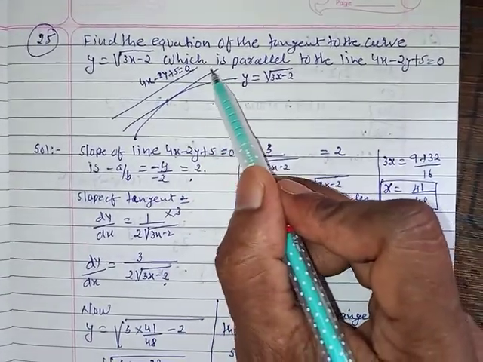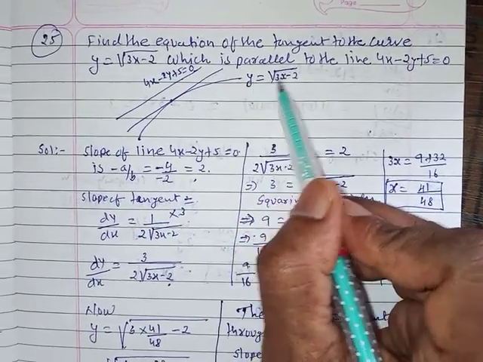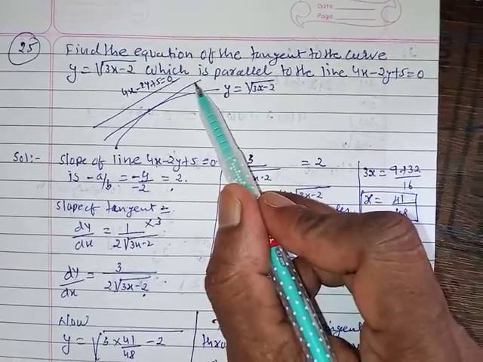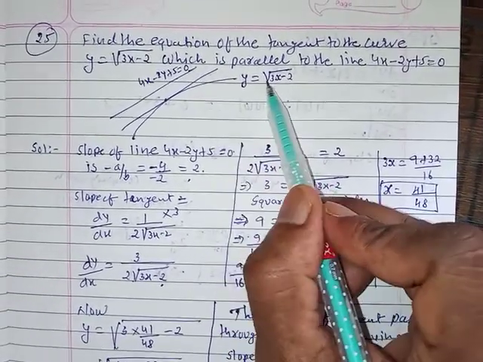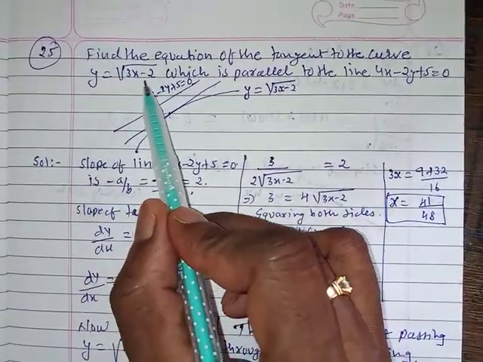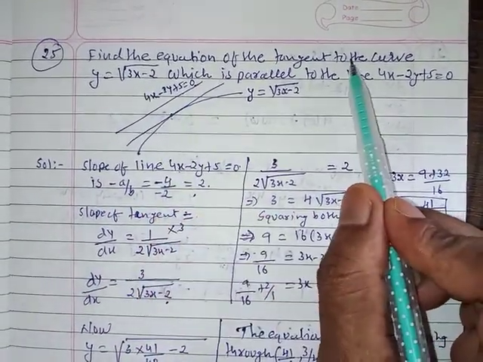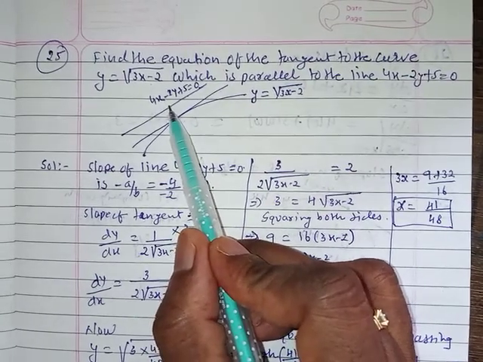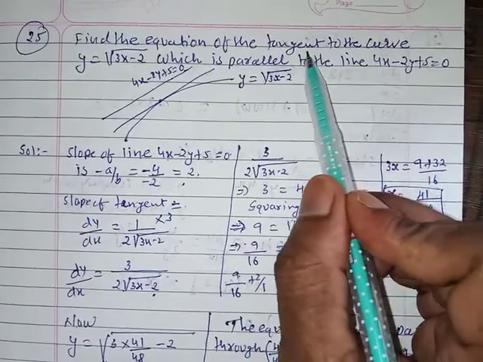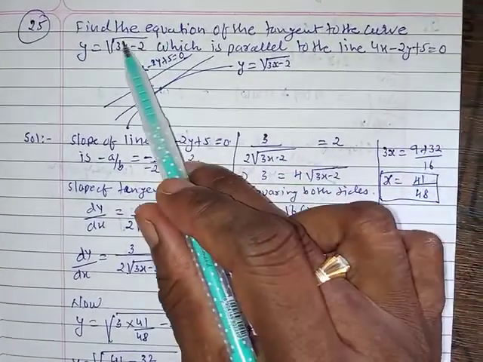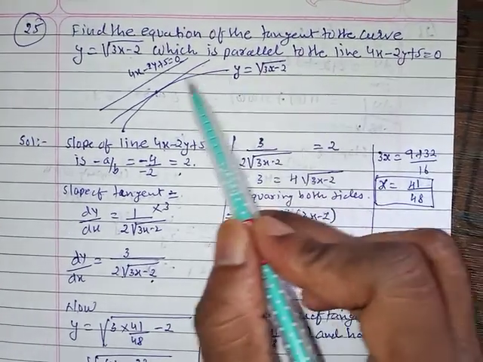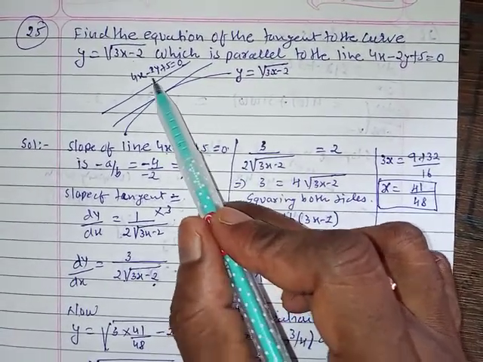We have to find the slope of this tangent by taking dy by dx. Equate these two and find out the value of x. Equating this, we'll get a value of x, and substituting in the equation of the curve, we'll get y. You got a point, and the slope is already there. The slope of the given line will be the slope of the tangent because they are parallel. Then we got a slope and a point x, y, so we can get the equation of the tangent. Why? Because these two lines are parallel, so slopes are equal.